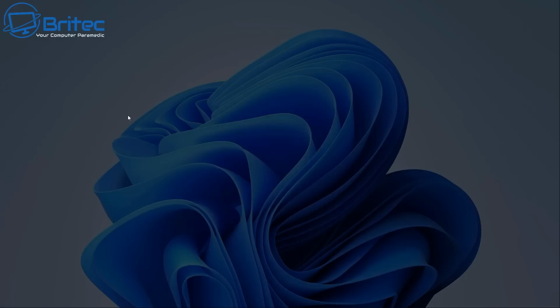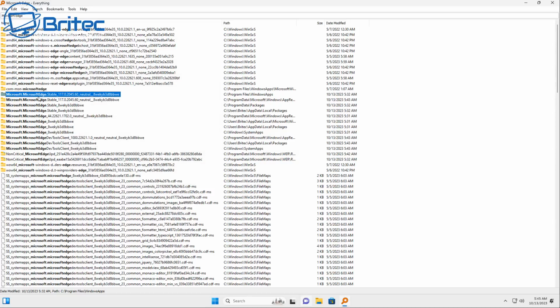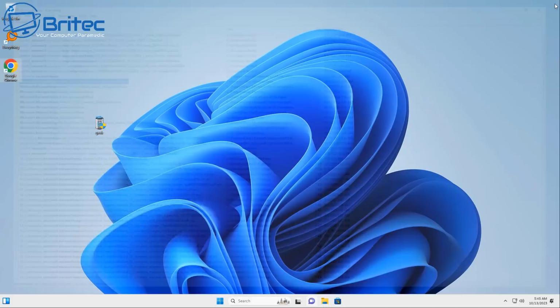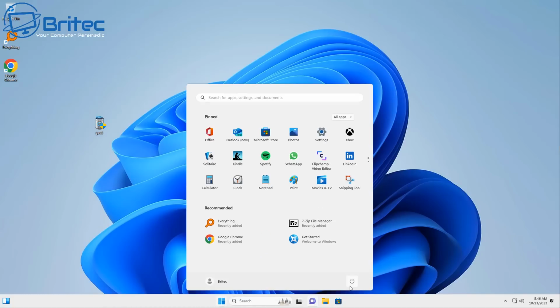I'm going to right click here, say continue and yes, and you'll see you need permission to perform this action. This is because these are operating system files that are in use and still running. Now, there are no YouTube videos to show you how to remove or uninstall Edge in 2023 anymore. There are some ways of removing Edge, but this is the complete removal of Edge from Windows 11, and I'll